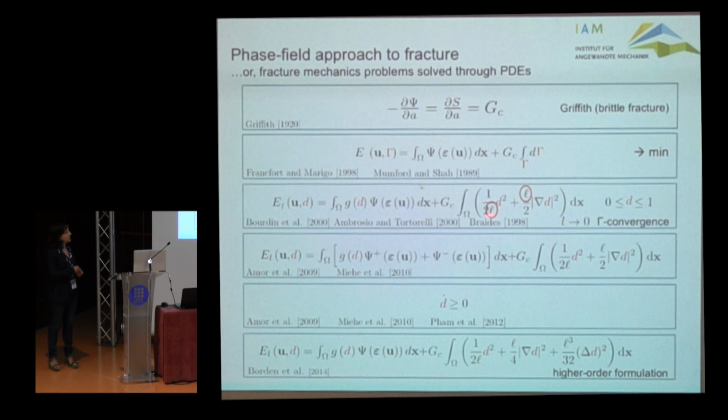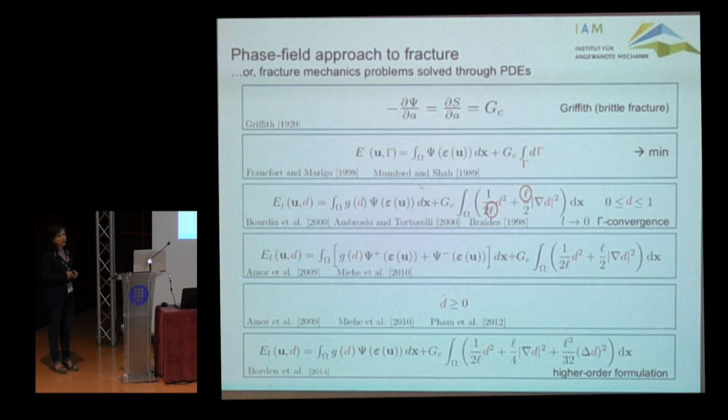Now, very importantly, it was mathematically proven that the solution of this problem has an important feature, namely, if l tends to 0, then we get gamma convergence. So let's say the minimizers and minima, the global minima and isolated local minima of this problem, gamma converge to those of the Griffith problem. So this is a property that was very crucial for some of the developments in this area.